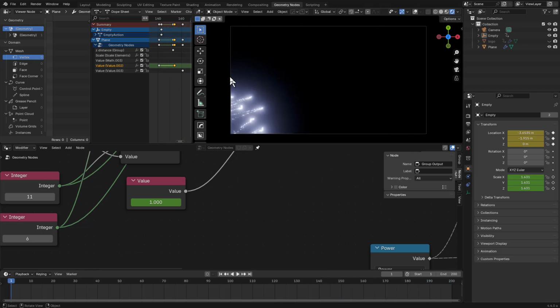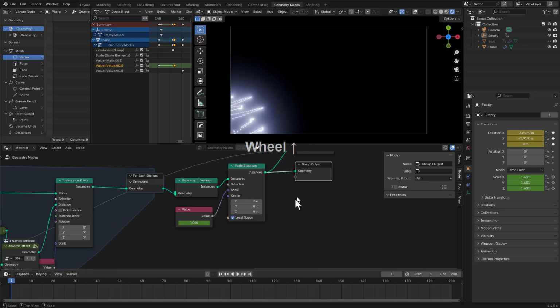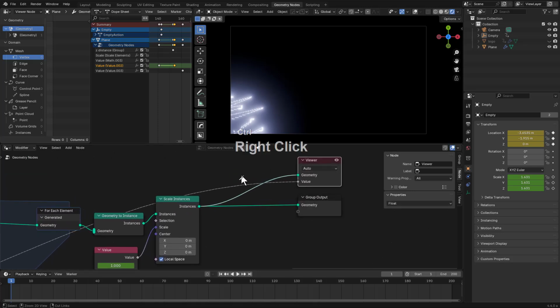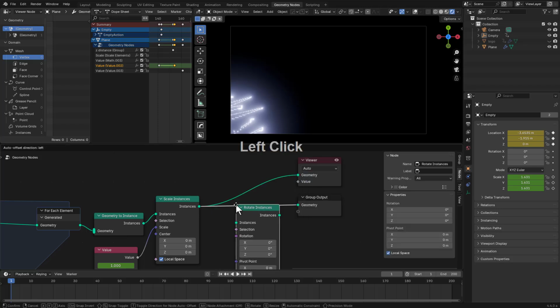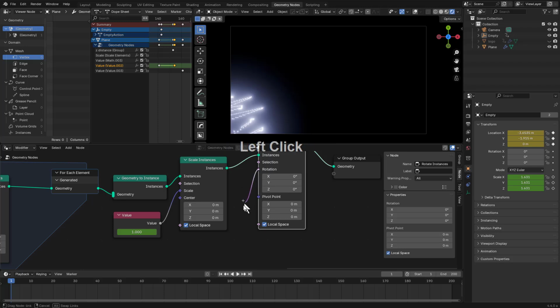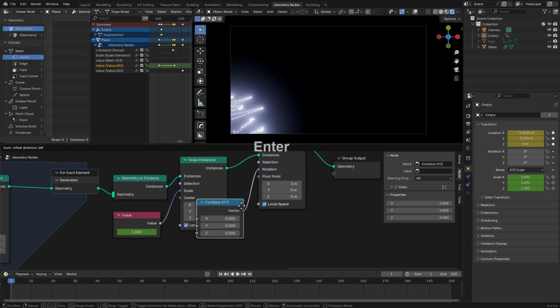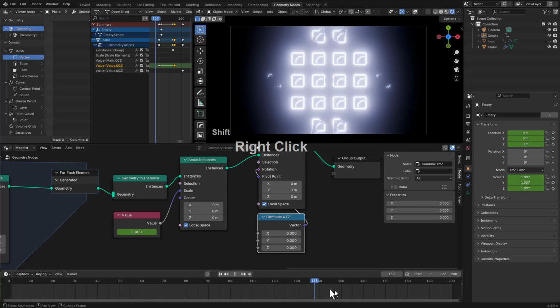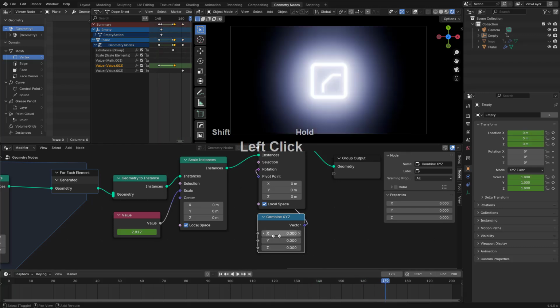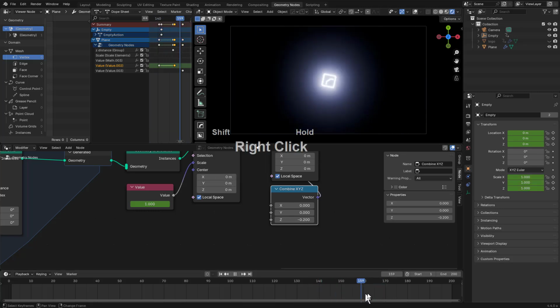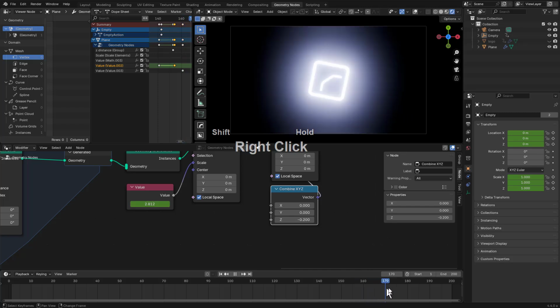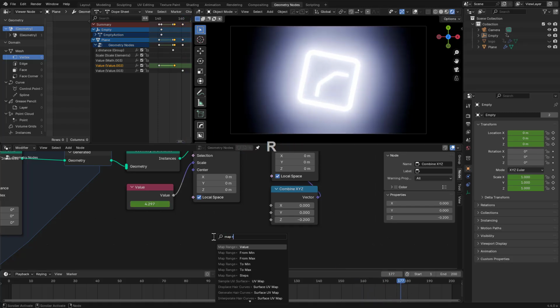Whap, whap. For these moments of whapping happening over here, we probably want it to whap right, so let us rotate our instance too. Thank you, Blender, for helping me spell right. And we want to combine XYZ, and when we get to this part, we can rotate it on the Z like so, and we're going from 1 to whatever we're going to here. We're just going to map range